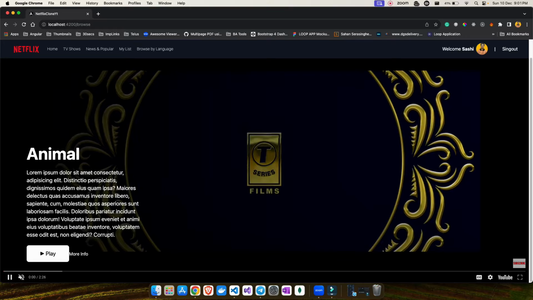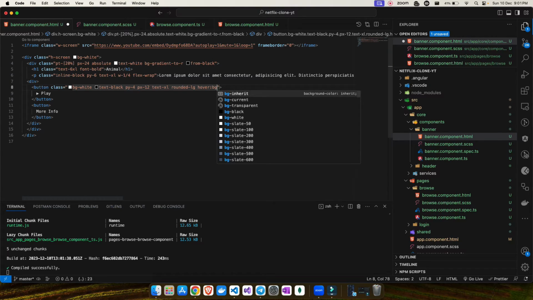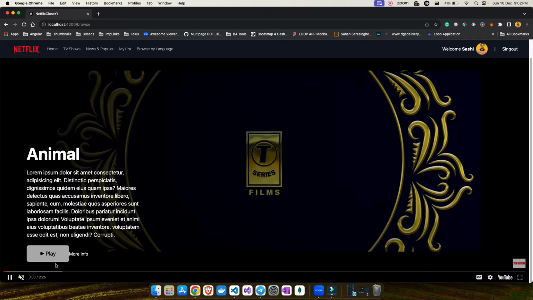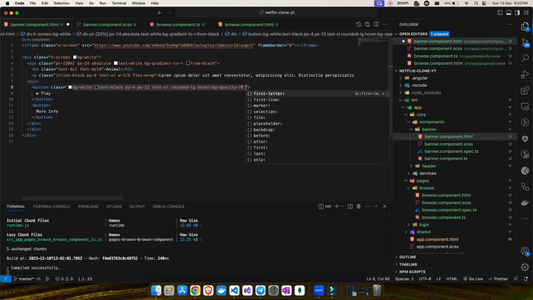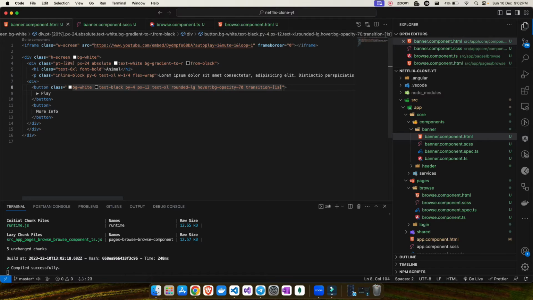All I need to do is let me add some more hover effects on it. We can add some hover effect so that whenever I'm hovering on it, the opacity will be a little less, just like Netflix. So we will have this hover, and on hover I want to make the BG opacity maybe 70%. Let's see. If I hover, I'm changing the opacity. If you wish to add transition, you can add transition also, and you can specify how many seconds you need. So that's how you can do. You can add some transition to it also. That's it.